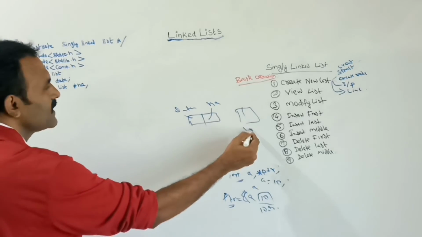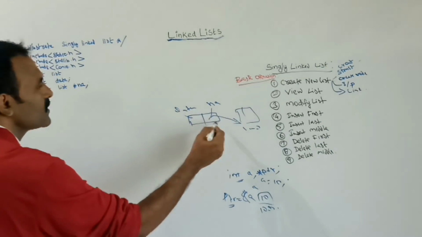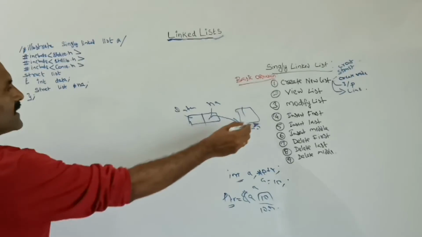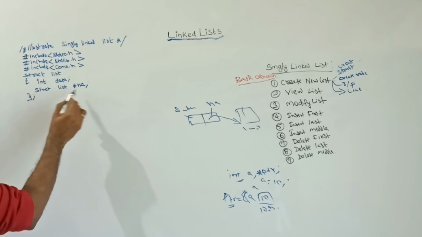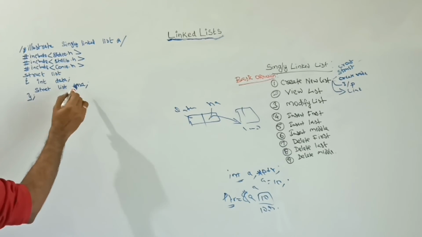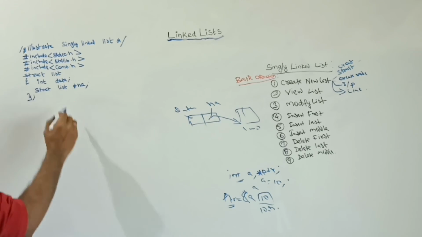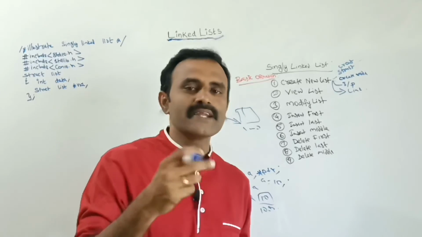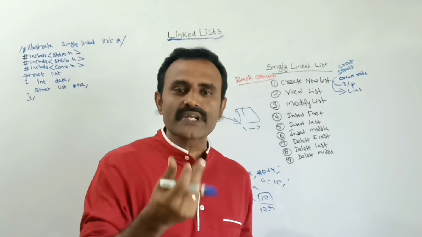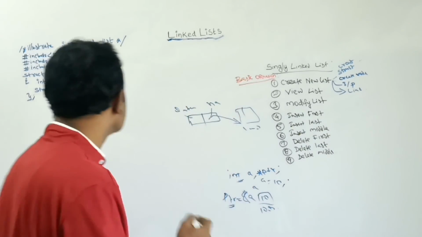Suppose this field is 1000, and I need to store this address in this field. This is also a structure, so I need the pointer variable to be a structure-type pointer. Structure is also a data type. Integer is a primary data type, while structure is a user defined data type. So here I have declared this one.